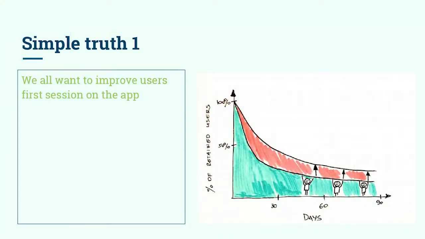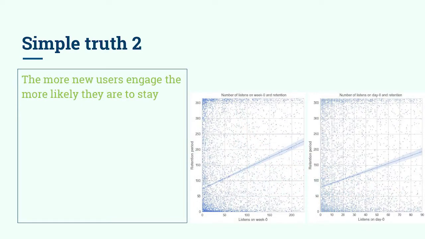Now, all that comes into place in a very specific context, and that is onboarding, as we said. And here we go. A simple truth, again nothing revolutionary here: we all want to move this good old retention graph. And how do we do that? In most apps, it means putting engaging content in front of users. The more a user engages with content, the more likely they are to be retained in whatever graph you see. This slightly fake data, I'm sorry, I had to change it a little bit, is from SoundCloud specifically.